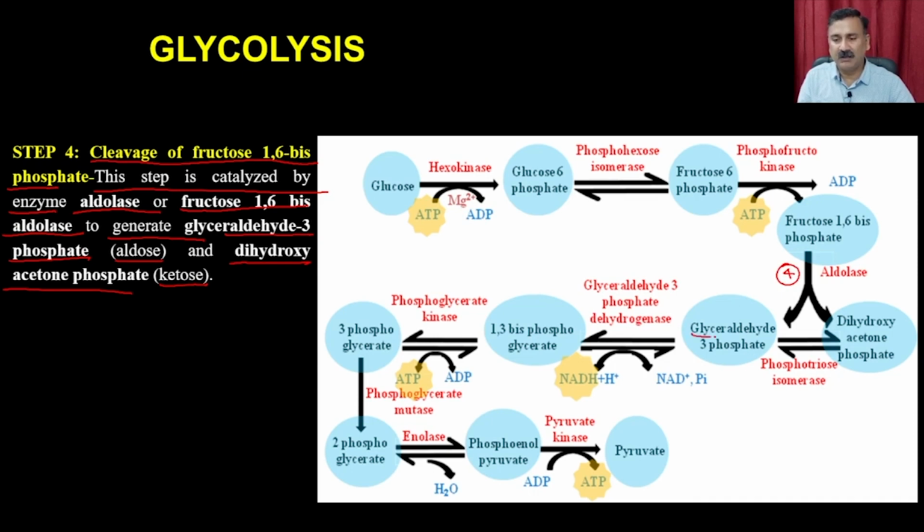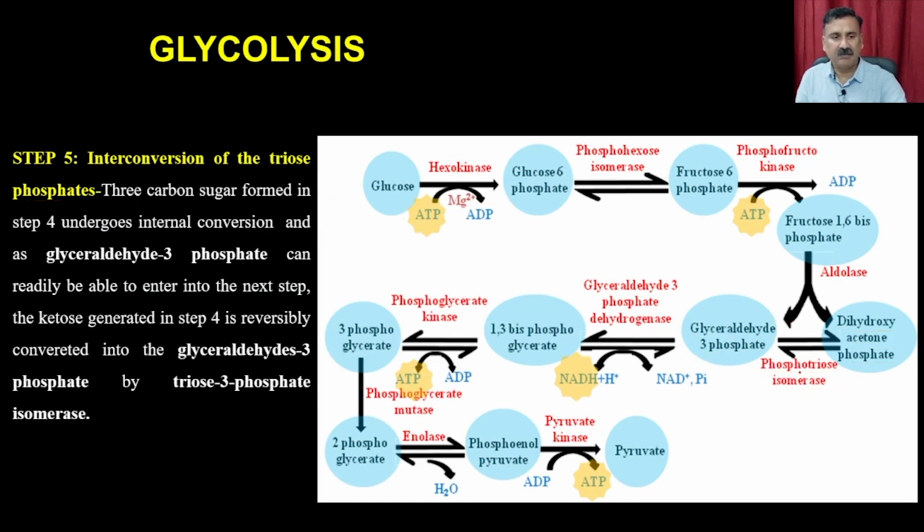One is called glyceraldehyde 3-phosphate, and the other is called dihydroxyacetone phosphate. Dihydroxyacetone phosphate is converted into glyceraldehyde 3-phosphate by the enzyme called phosphotriose isomerase, and that is step number 5. So with the help of phosphotriose isomerase, dihydroxyacetone phosphate is converted into glyceraldehyde 3-phosphate. This means from one molecule of fructose 1,6-bisphosphate, you have produced two molecules of